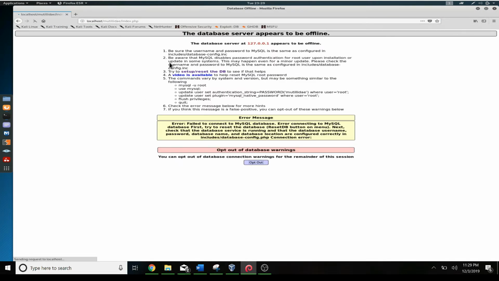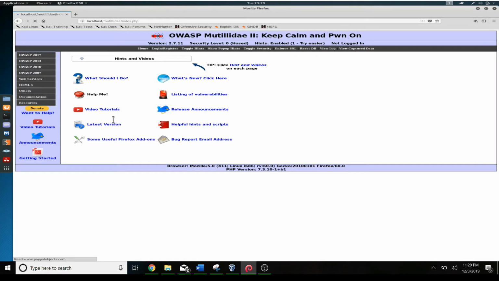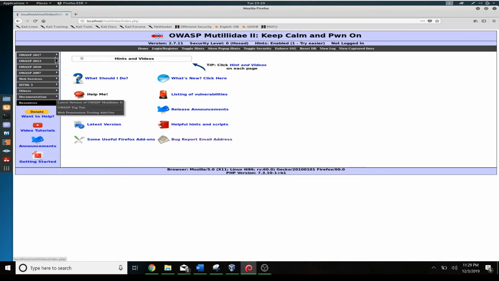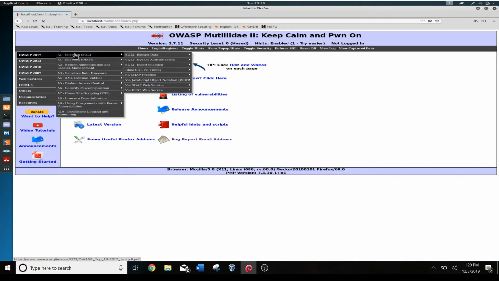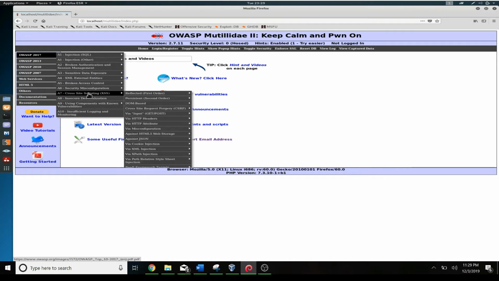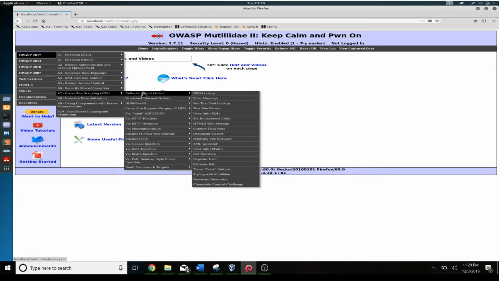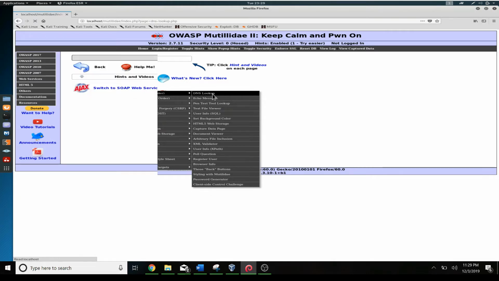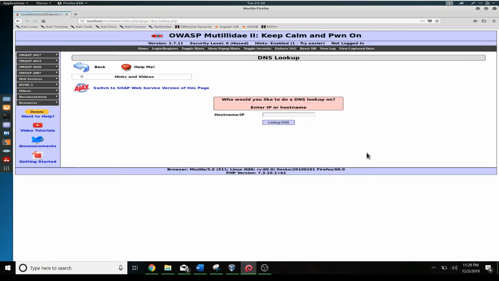Alright, so here you can see there's a bunch of things. So we're gonna do some of the cross-site scripting examples. These are just web pages that are deliberately vulnerable. So as you can see, this is somewhere where we could probably insert a script. Alright, so right now this web page has this one